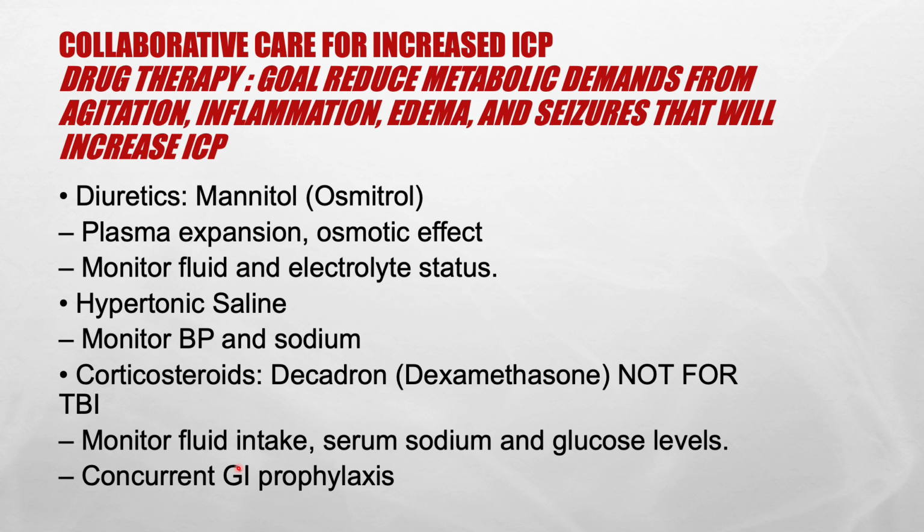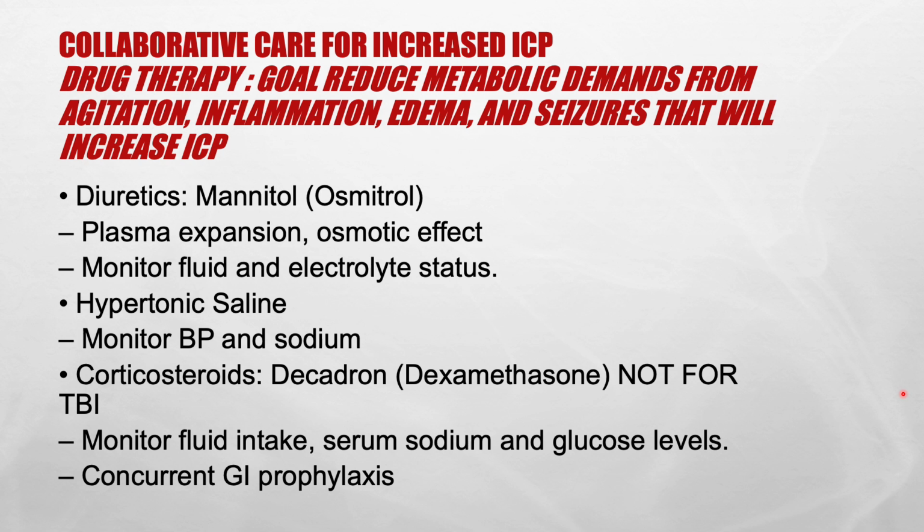Like that ICP pressure remains at 23 or 24. Remember, normal is between 5 and 15. Anything over 20, we have to act. So we can give them whatever's available, whether it be mannitol or that hypertonic saline, okay? And we're not going to give them as a slow drip. We're going to give that fast, because there's just no evidence that one works better than the other. The patient can also get both at the same time, all right? So just remember, we want to monitor their blood pressure and sodium with that, okay?